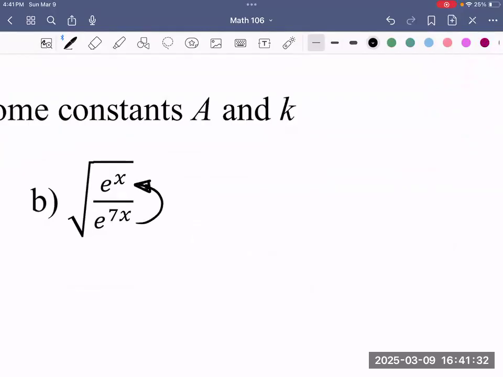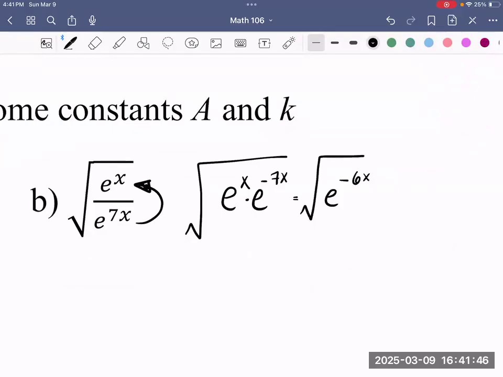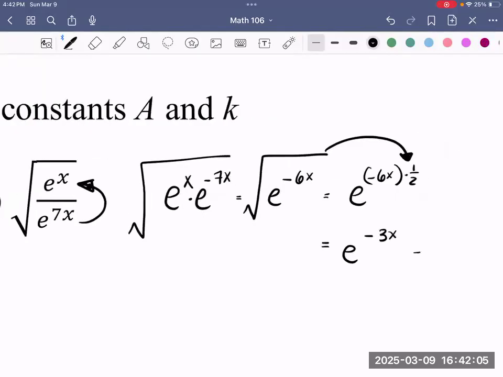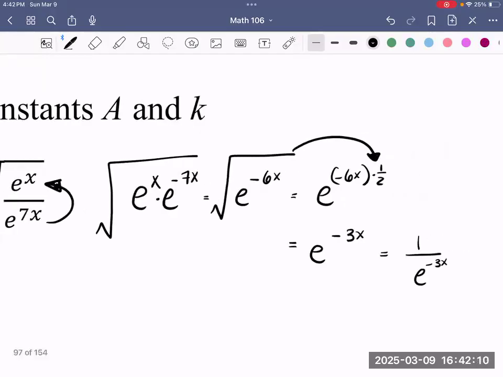Well, let's raise it up first. We'll worry about your square root here in a second. So you have e to the x times e to the negative 7x. So this is now e to the negative 6x over here. And now let's go ahead and show that this is really e to the negative 6x times your 1/2, right? This transforms into 1/2. So really this is e to the negative 3x, which is equal to 1 over e to the negative 3x. So your a here,